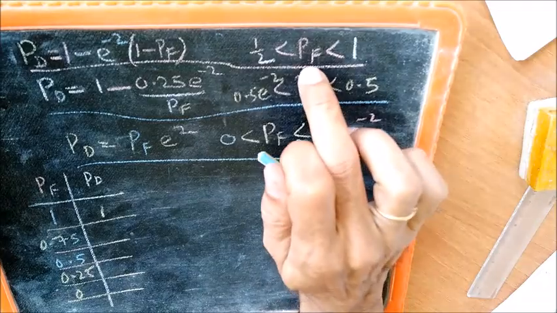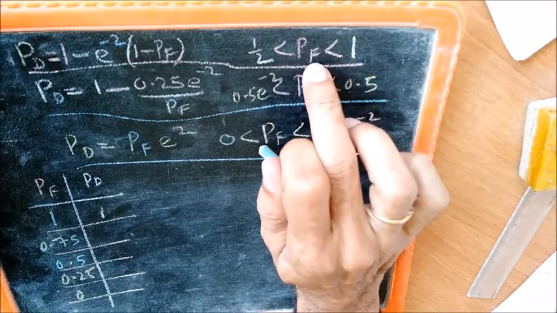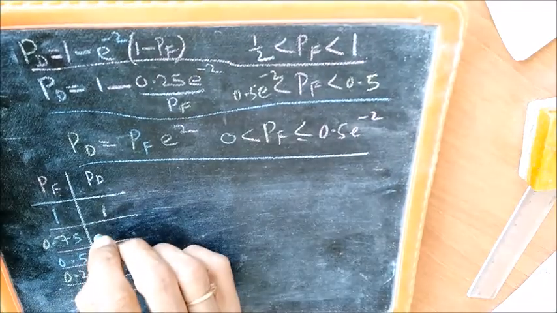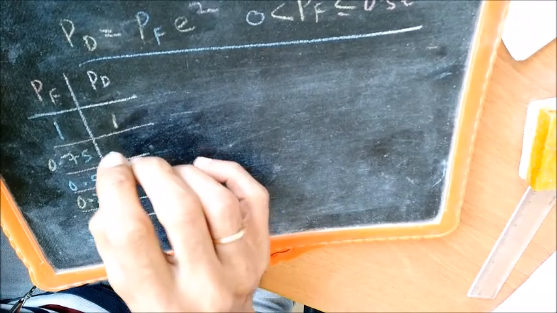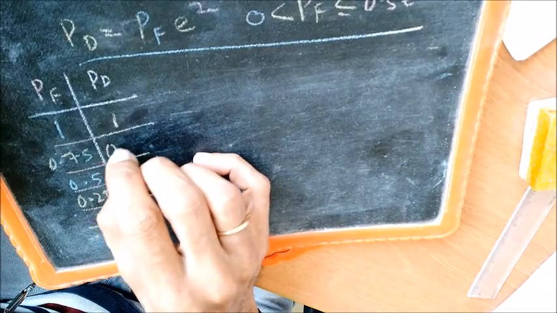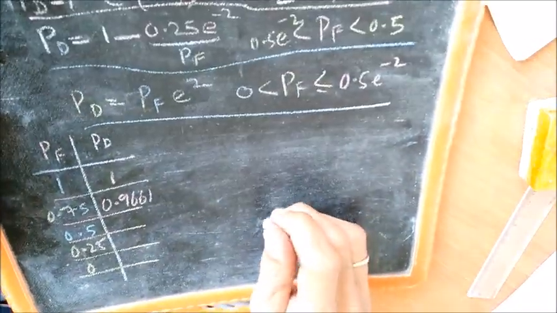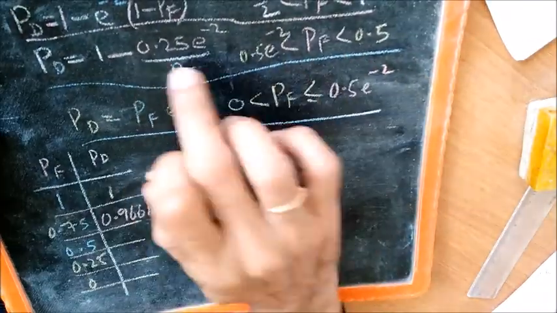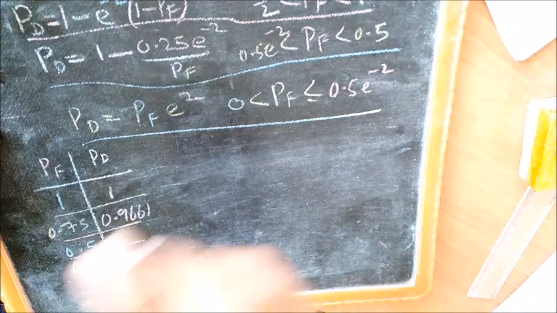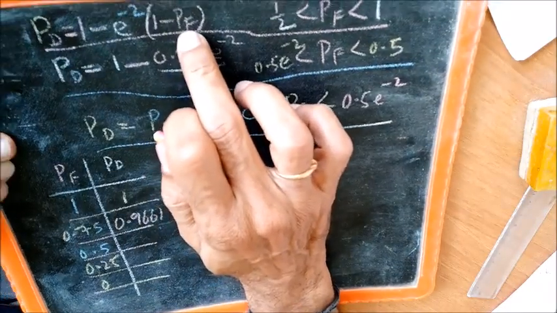PF 0.75 means it is between 0.5 and 1. So if you substitute PF 0.75 here, you will get the result, you can verify, 0.9661. And PF 0.5, you can substitute in any of these, and you can see that when PF is 0.5,